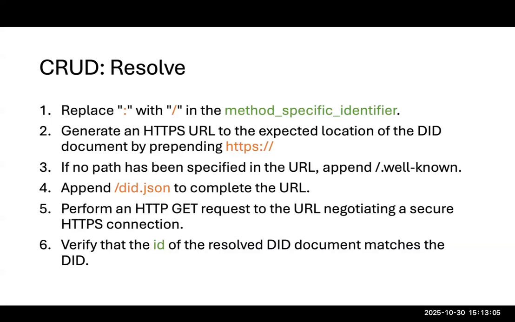So we are parsing the DID received, okay? If no path has been specified in the URL, you append slash dot well-known, because that is essentially a root DID, and then append slash DID JSON to complete the URL. So we are parsing the DID to create the final URL